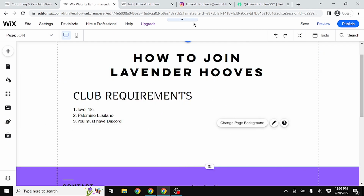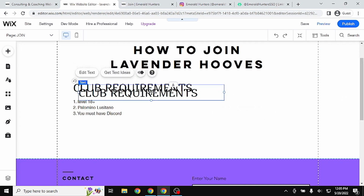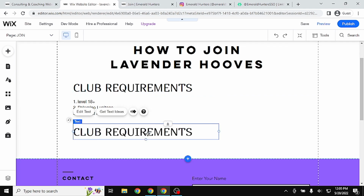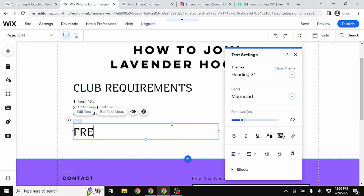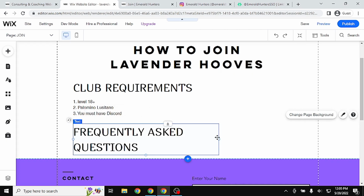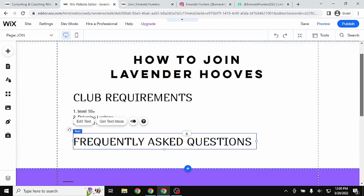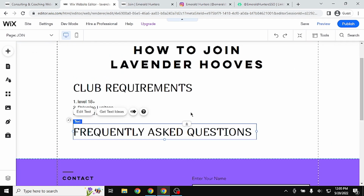And there we go. So three random requirements, and then you can make another section for FAQs. So let's copy and paste that. So, frequently asked questions. Change that. Now you notice that I'm running out of room on this page to make this page look